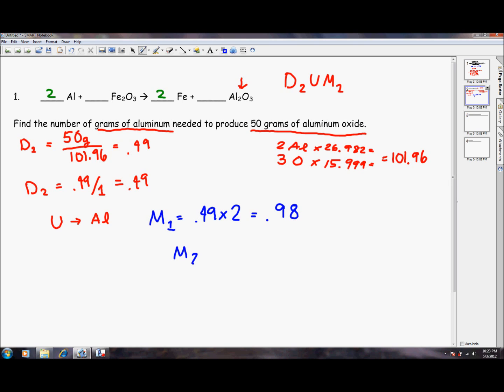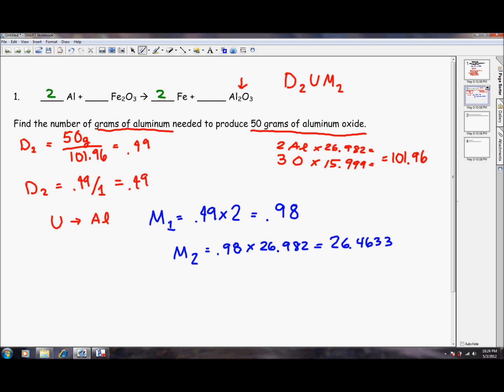The M2 is we're going to take the 0.98 and multiply by the molar mass of this. Well, that's just aluminum. So that's 26.982. And the answer is